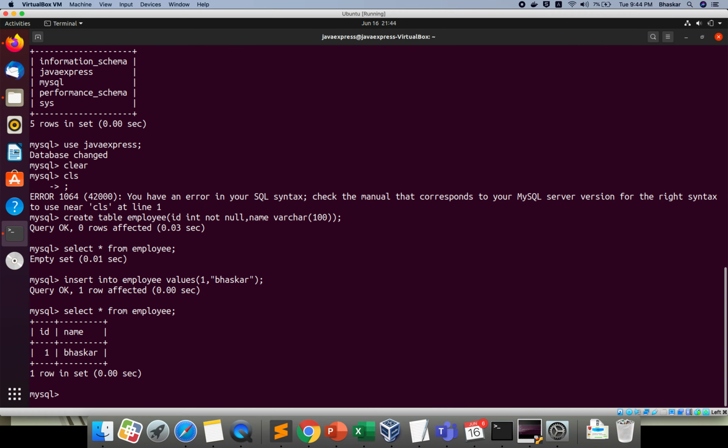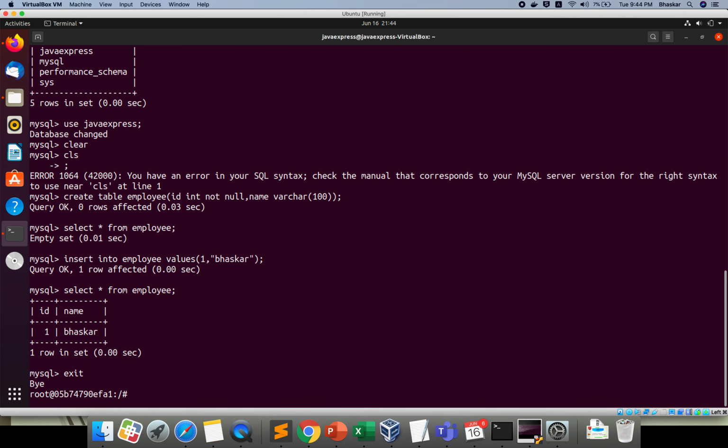So I created one container. Inside my container I now have a MySQL database. In the database I created one database, that is Java Express. Now I am using my database, and I created one table. So all this data is running on one container, right? Now if I exit, what will happen? My container will be destroyed. If my container is destroyed, my folder will still be there. I will create one more container to cross verify whether your database exists or not. Through volumes we are doing this, this is the concept. I will do the exit now.